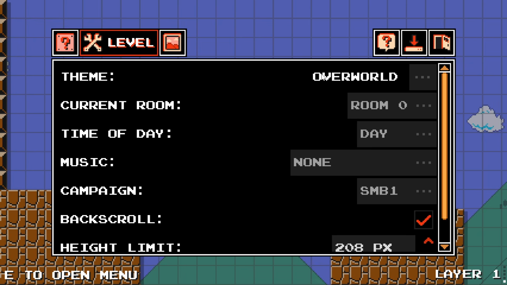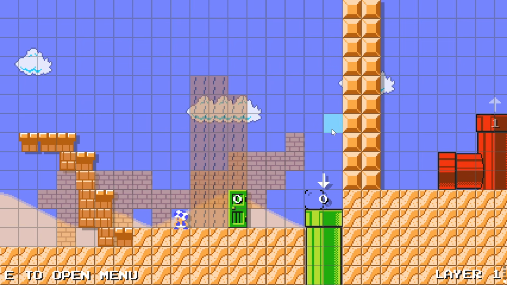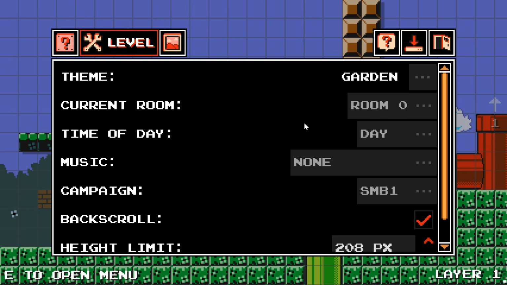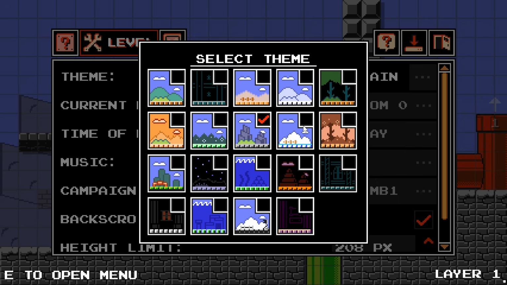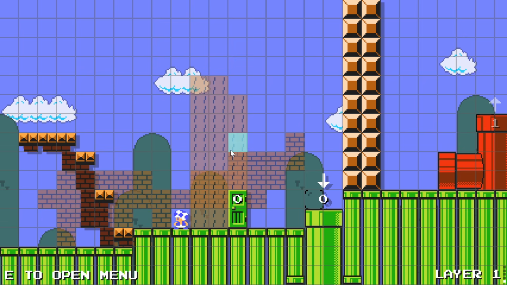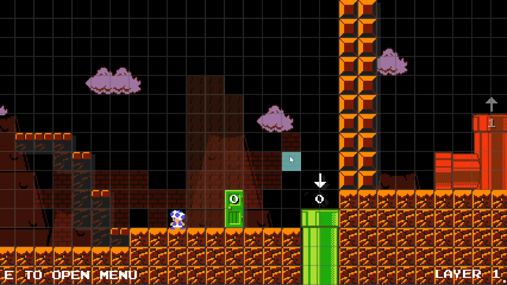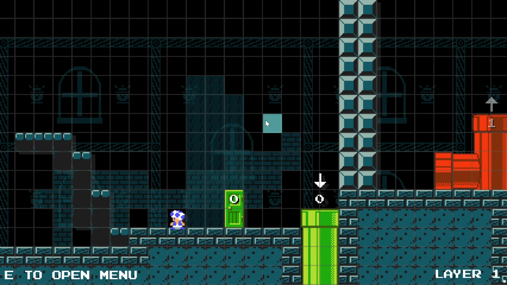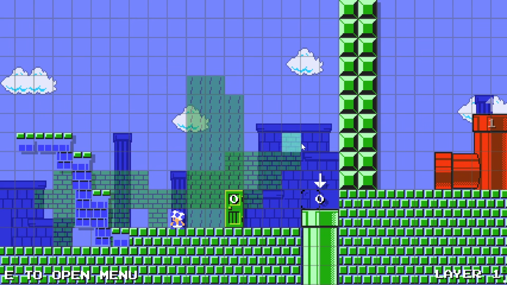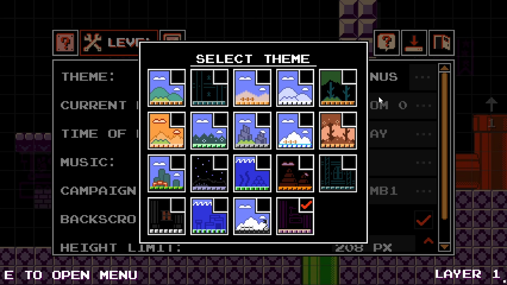For each level map, you can choose one out of 19 themes: Overworld, Underground, Desert, Snow, Jungle, Beach, Garden, Mountain, Skyland, Autumn, Pipeland, Space, Underwater, Volcano, Ghost House, Castle, Castle Water, Airship, and Bonus. Changing the theme in one map will alter the tiles you can use in the parts menu,